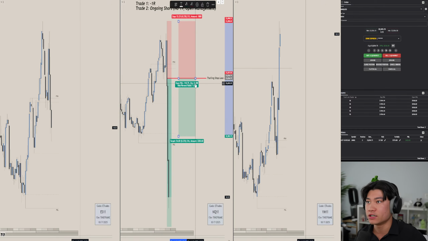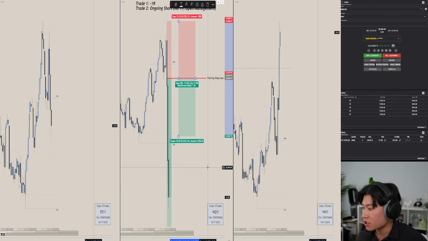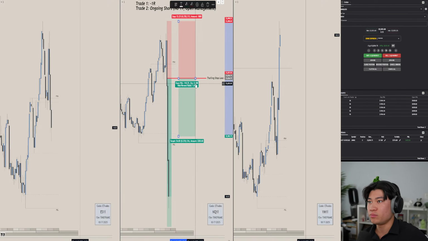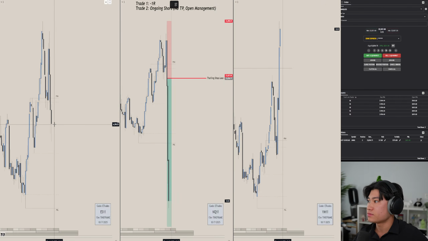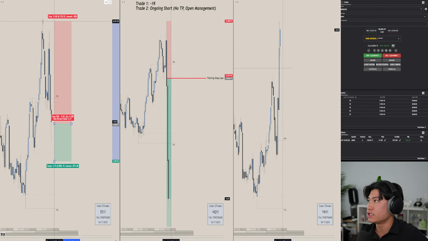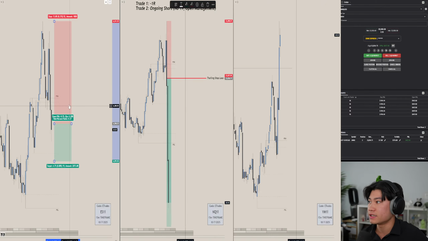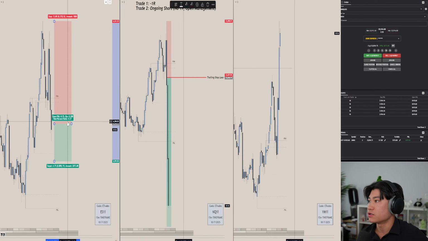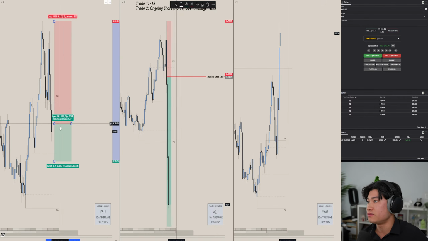Because I'm on the mini contract right now, this is equivalent to 0.188 mini contracts. The thing about futures is you can only trade full contracts, right? So in this case, because it's 0.188, that means I can risk 1.8 micro contracts. And so in that case, I would just trade 1 micro because that will follow my risk management rule. Same thing with ES. Let's say I wanted to enter here and I put my stop loss up here. 0.308 contracts is the quantity that it allows you to trade for $200 risk. So in this case, I would risk 0.3 so that I'm still following my risk rules.